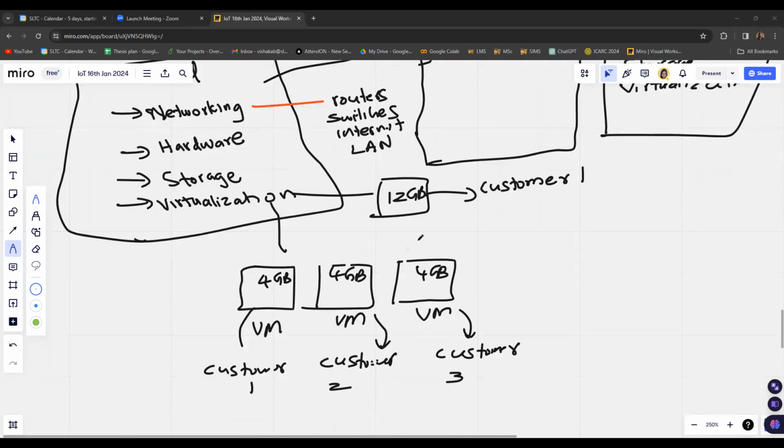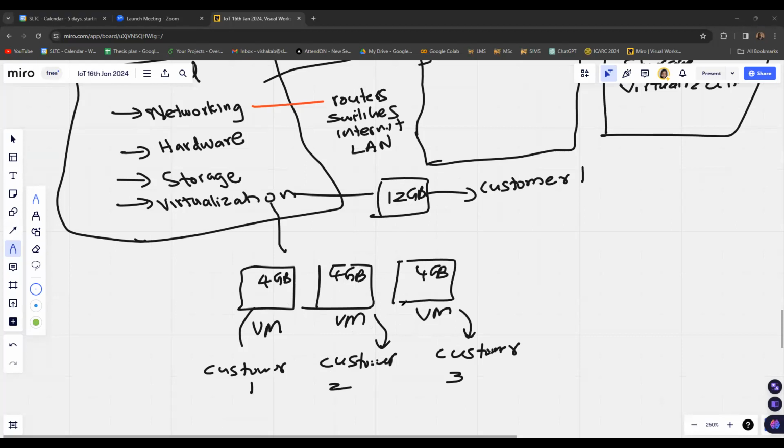What I mean by that is that if you have different applications, and if you have different customers to serve at one instance, then you can divide this space in the cloud server into three, and then you can allocate three virtual machines to address the concerns directed by those customers.